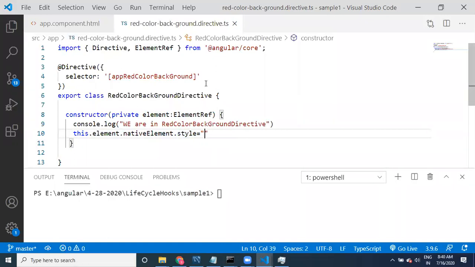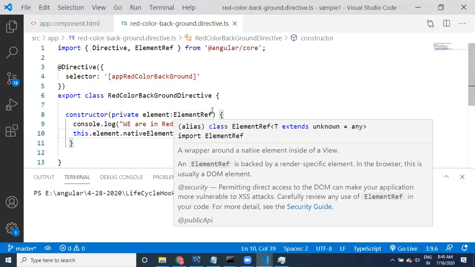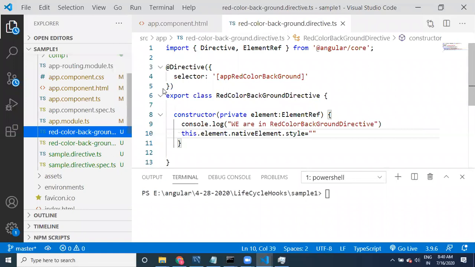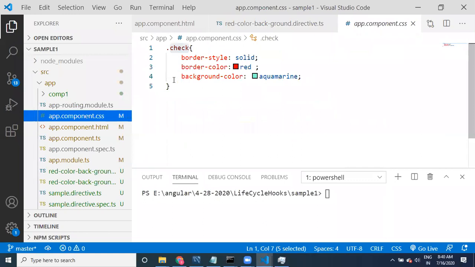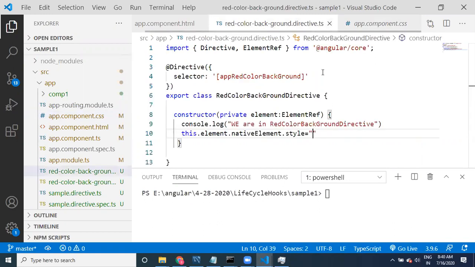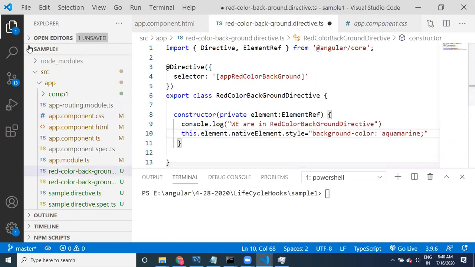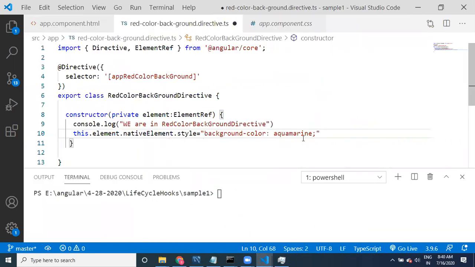Let us apply CSS style, right? Background color. If you don't want to make spelling mistakes, you can go to this one. This is background color, right? This is how we have to provide style. Go here and then provide it. See, background color, I have provided some color name, or we need to provide background color red, right? Provide red, so that this style is going to be applied to the native element of the element. Element is nothing but the tag on which we have applied this directive.